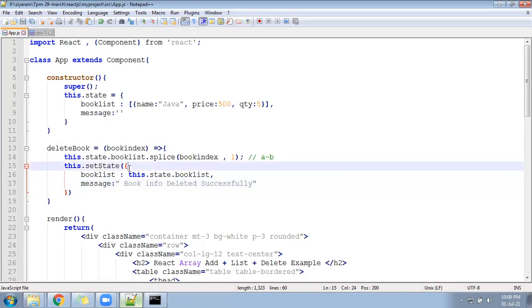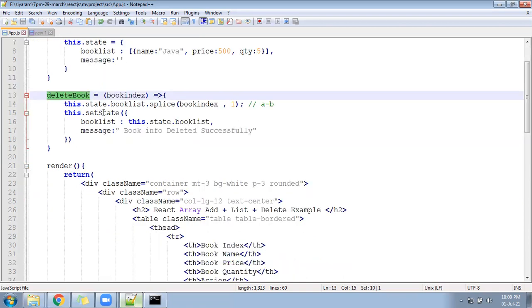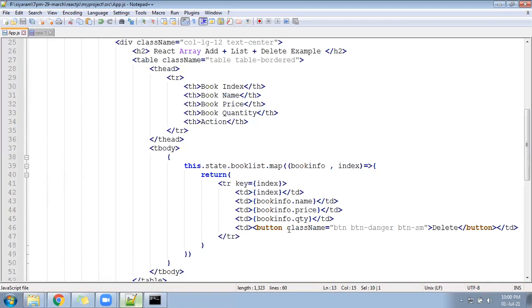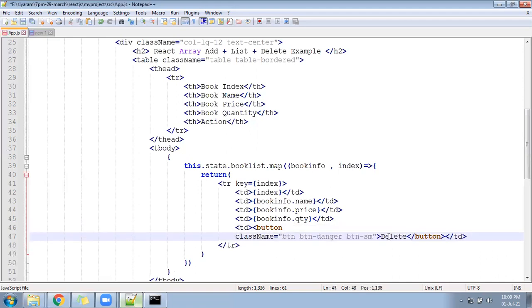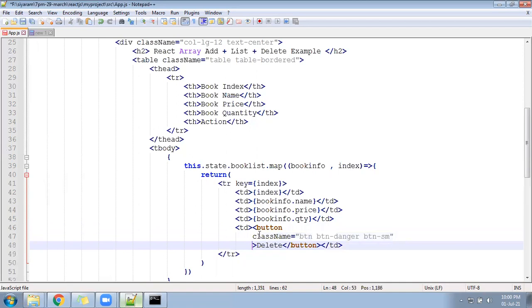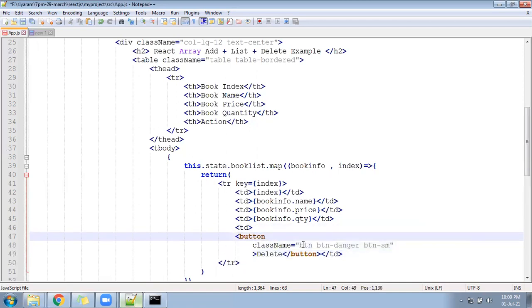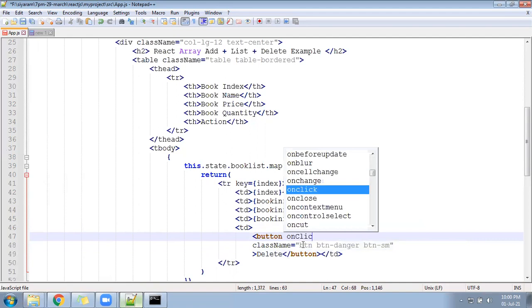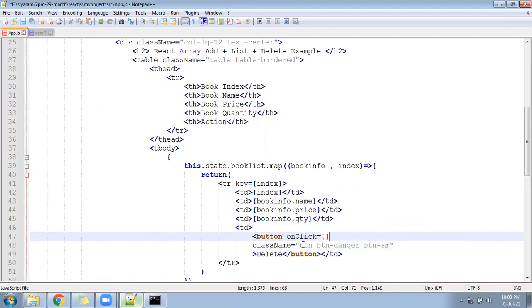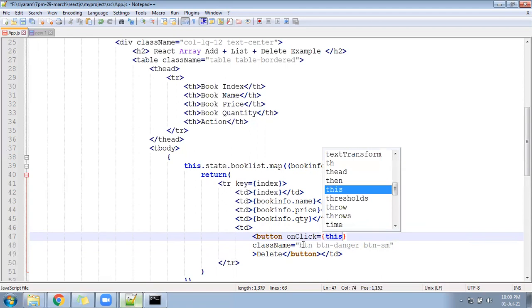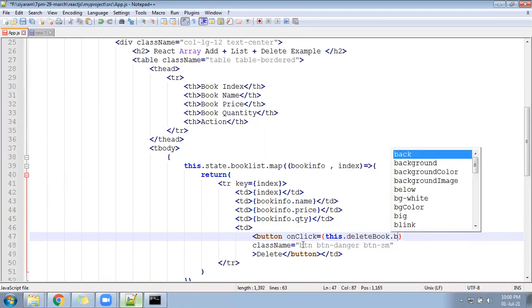Now what we need to do is call this function and see whether the book is getting deleted or not. So for that, let's come back to the function, and for this button you will be calling that deleteBook. So I'll write here onClick equal to this.deleteBook.bind, the function we need to call.